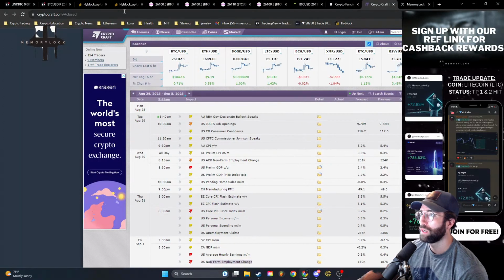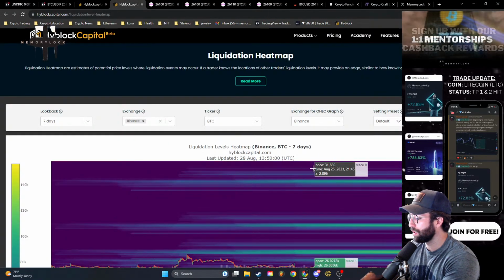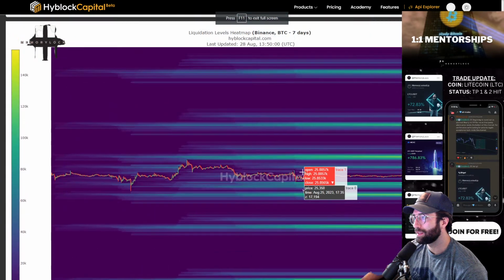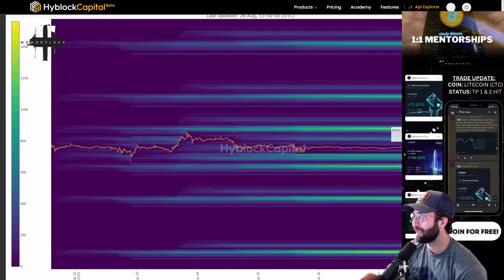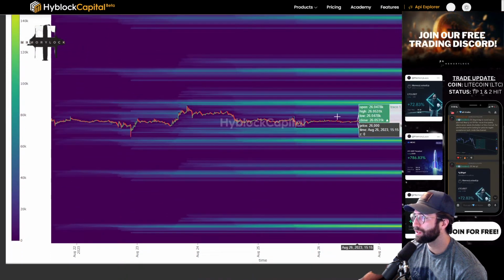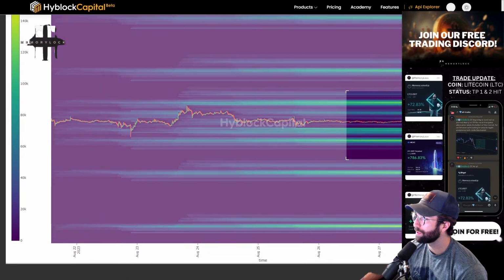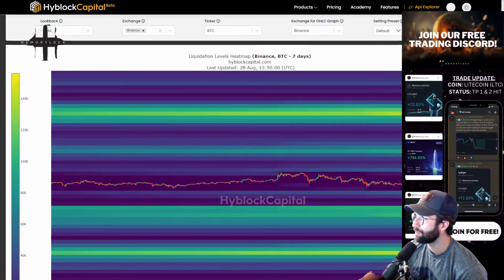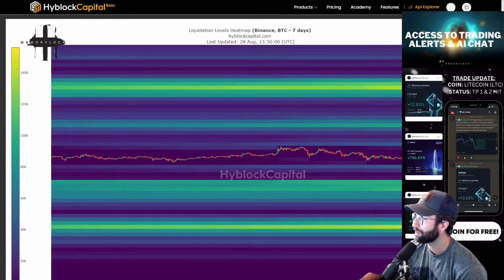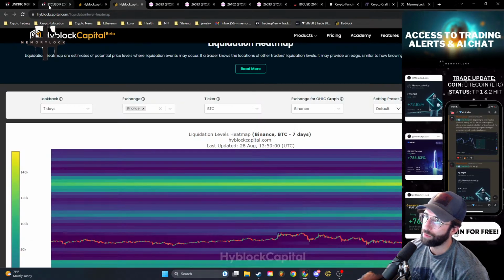If you just look at the heat map here and see a lot of these levels that are hotspots right now, this is something I'll share on the Discord for you guys too. 27K and 25,100 are sort of the caps, and then we also have some liquidity, of course, above the local highs here. So just do keep that in mind.